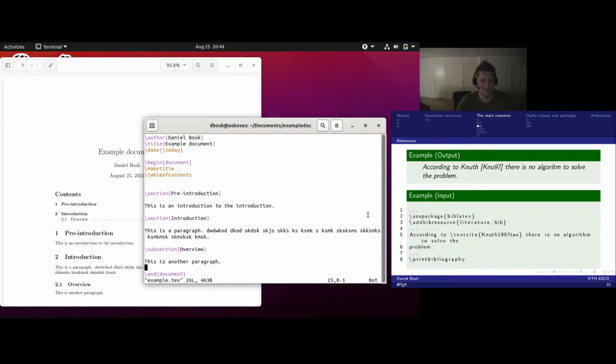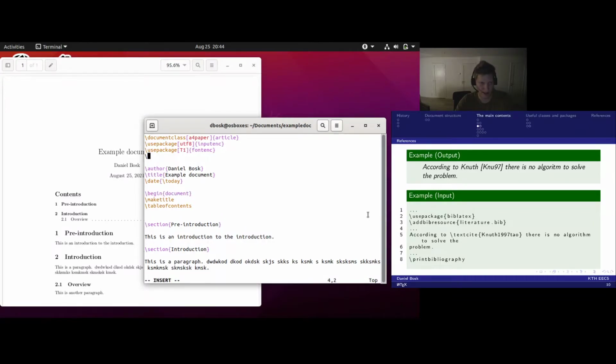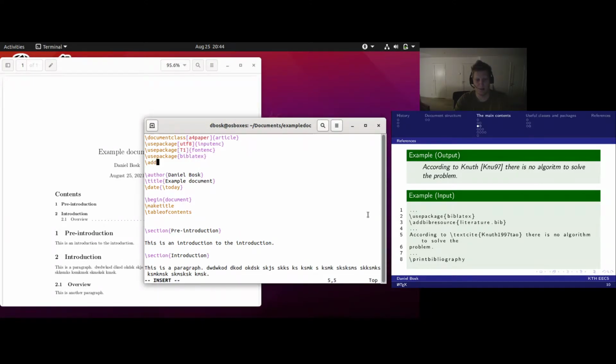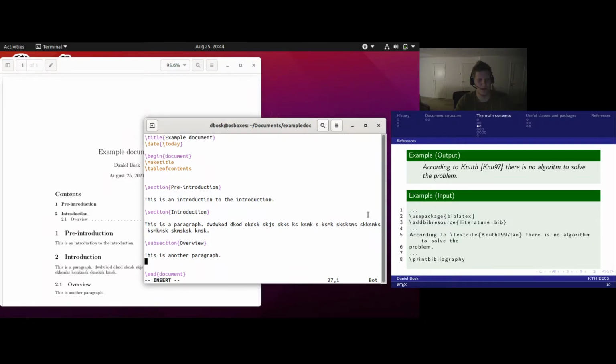So let's edit example.tex again. The first thing we needed to do was to go to the top, to the preamble, and add one of these \usepackage lines. And we want to use biblatex, and we also need to add \addbibresource. literature.bib will be the name of the file. And then we can write somewhere here